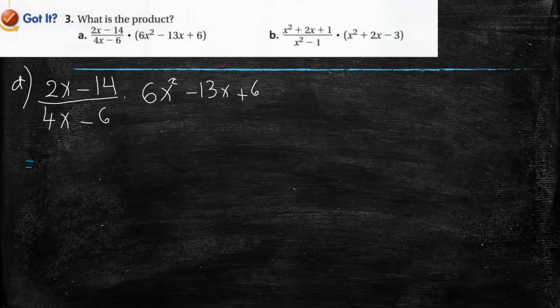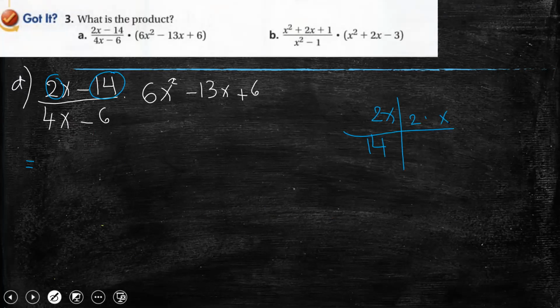Let's look at the first numerator here. Is there a common factor between 2x and 14? Yes. What are the factors of 14? 2 times 7. Bravo. So let's take 2 as a common factor. Then if we remove 2, we have x minus 7. So we have x minus 7 over